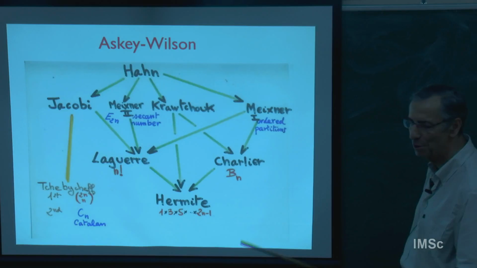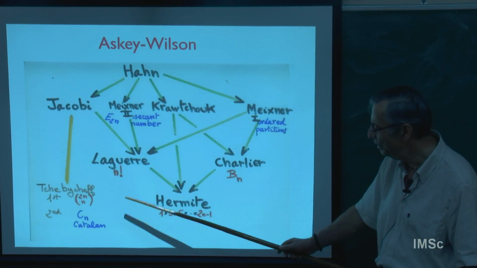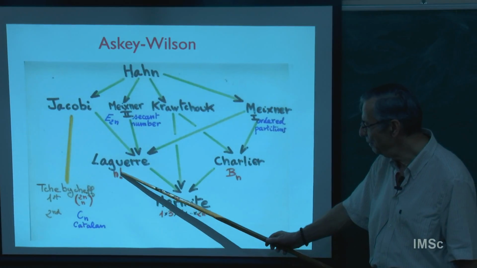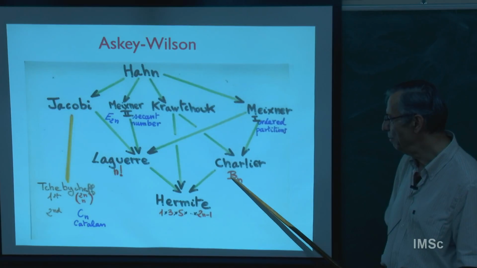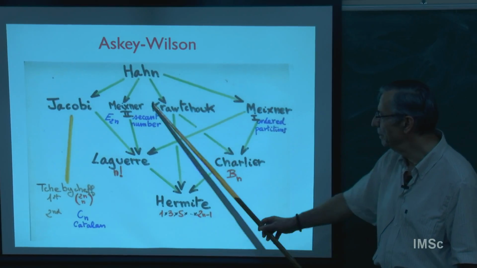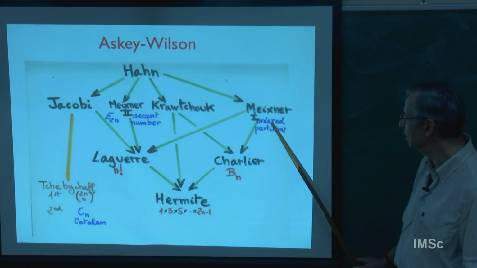and we are finishing with the Askey tableau of orthogonal polynomials. Here is Hermite, here is Laguerre. We have seen Hermite and Laguerre, and the moments are n factorial. Hermite moments are the number of involutions with no fixed point. Charlier is the number of partitions. And Meixner 1, Meixner 2 are special cases. The moments are special cases, for Stirling numbers, tangent numbers, or ordered partitions.